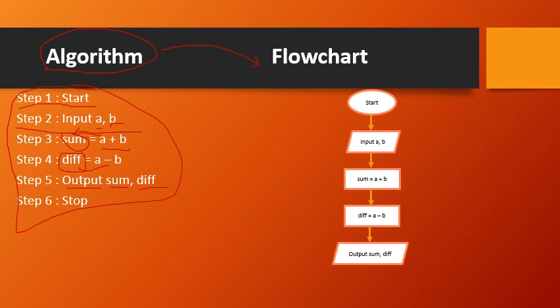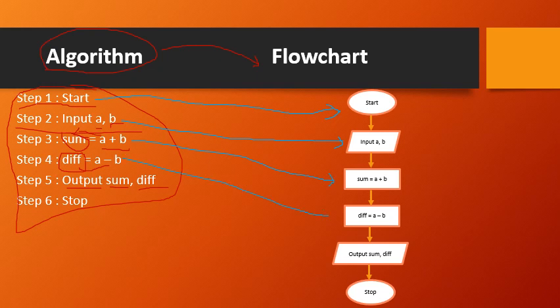Okay, then the last step is stop. Again, in order to show the representation of stop in a diagram I have to use the oval. So an oval I will use. You may notice here that for each of the steps, for step 1 there is a corresponding shape here. Then for the input there is a shape here. Then for the calculation, that is sum, we do have one particular graphical representation or diagram for that.